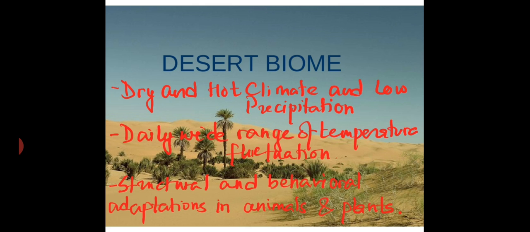They obtain moisture from the food they eat like seeds and grains. To conserve water, they produce highly concentrated urine and nearly dry feces. Many species acquire moisture from cellular energy production, and this is known as metabolic water. For example, kangaroo rats receive all the moisture they need from cellular respiration and from the plants and insects they eat. Further, animals like snakes and lizards have thick scales on their body.